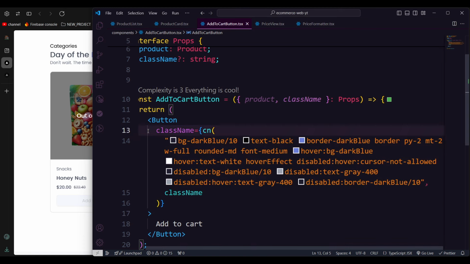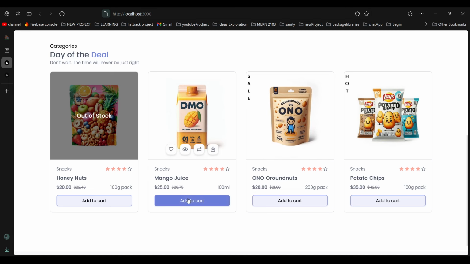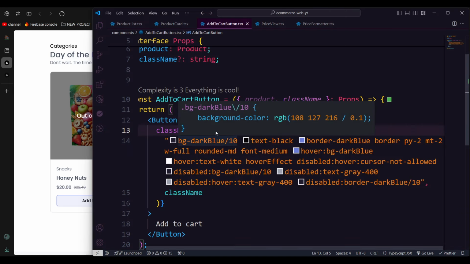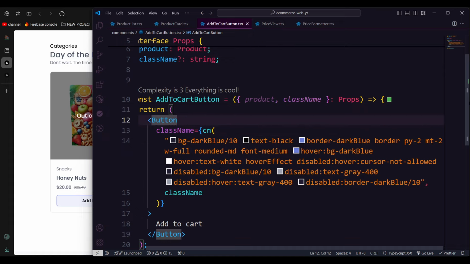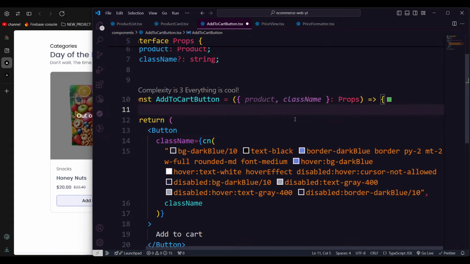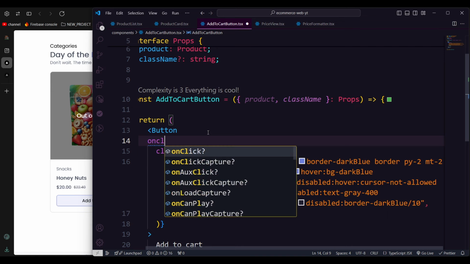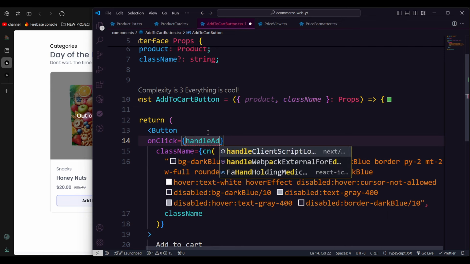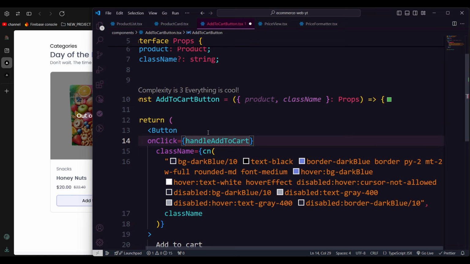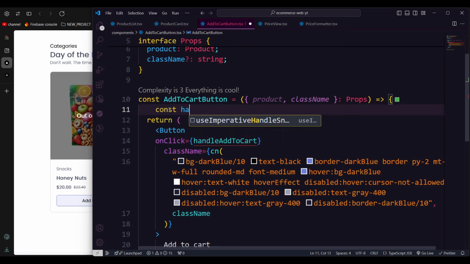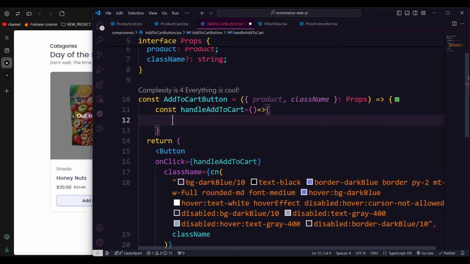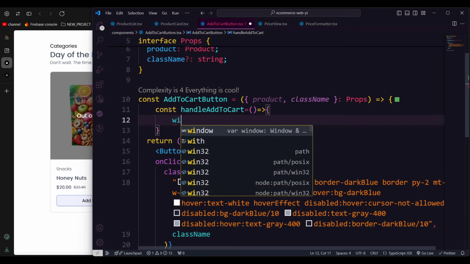So that button will be disabled later on when we need to make it disabled, especially while loading or making some other promises. Now we're going to add a simple function here to combine with that. It should be onClick handleAddToCart. So this will handle our add to cart, const handleAddToCart, and we're just going to run a simple function, let's say window.alert